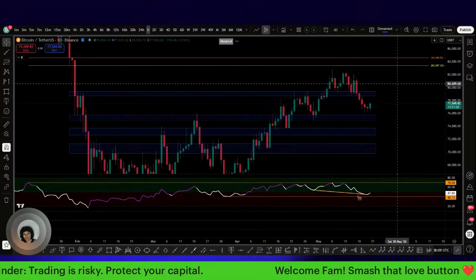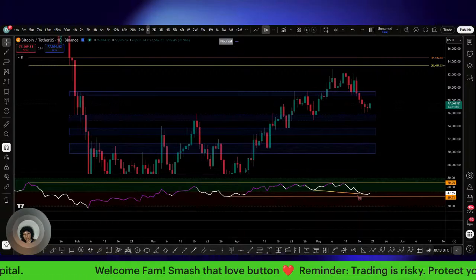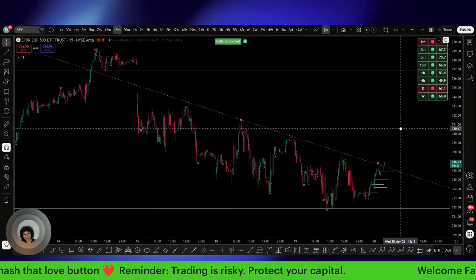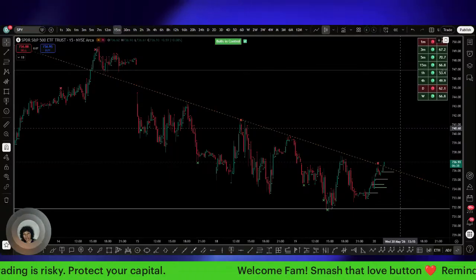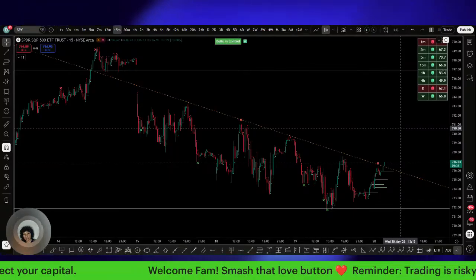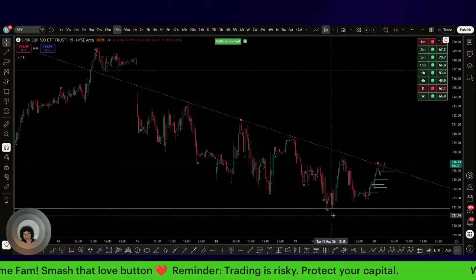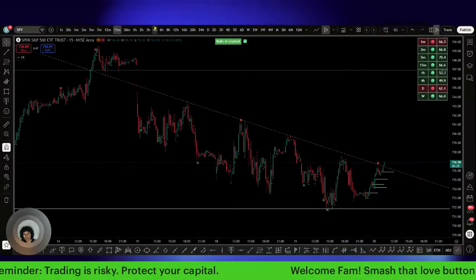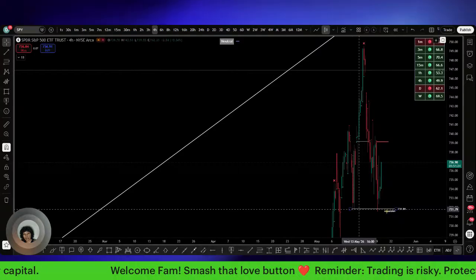I was also checking out the SPY this morning because I wasn't so sure. I was like, we probably see a gap down. No. We held. So I was talking to you about this level right here, which we did an SFP on. Yesterday we got an SFP off of this trend line. If I put you on the 4 hour time frame, you can see the SFP right here.